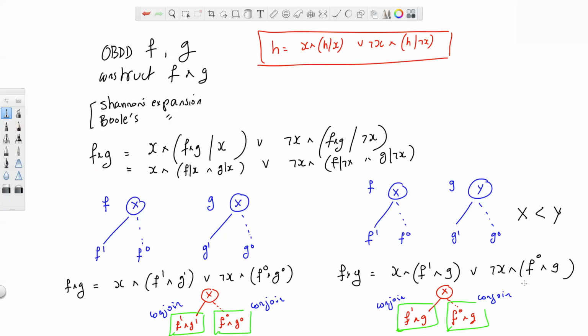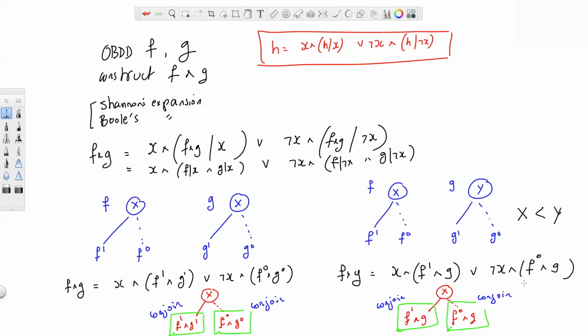We're going to write the pseudo code, and I'll tell you why, because there are a couple of things we need to spell out there. But that is basically the algorithm. Now, we're calling it conjoin now. When we write the pseudo code, after making an observation about complexity, we're going to call it apply. And we'll not only pass it two OBDDs, we're going to pass it a Boolean operation. So it could be conjoin, disjoin, and it will work. But before I do this and show you the pseudo code, we need to make an observation about the complexity of this algorithm. And the claim is,